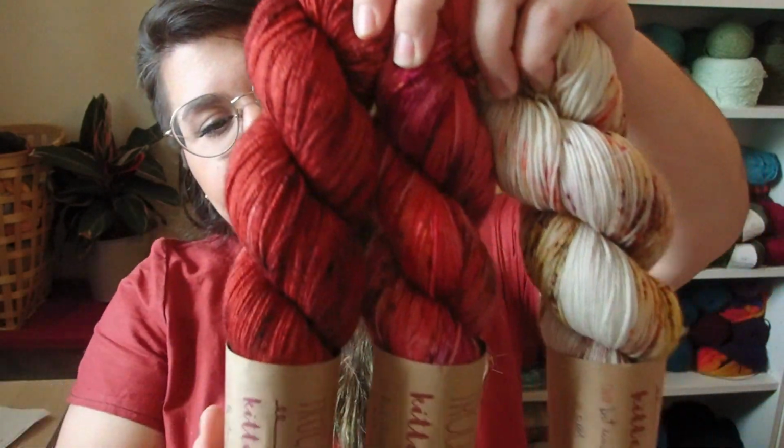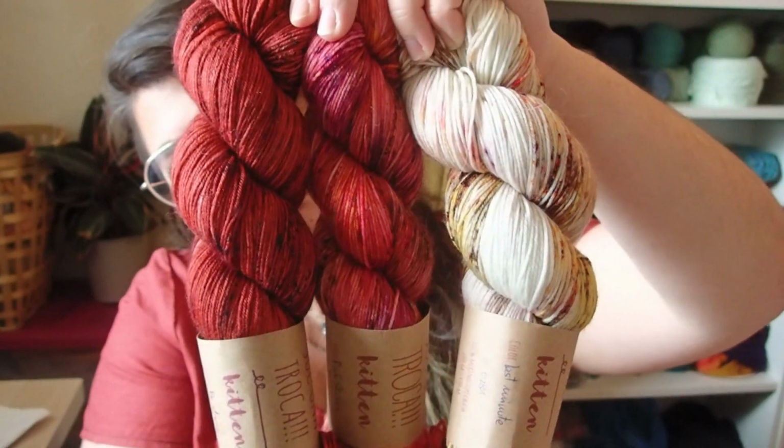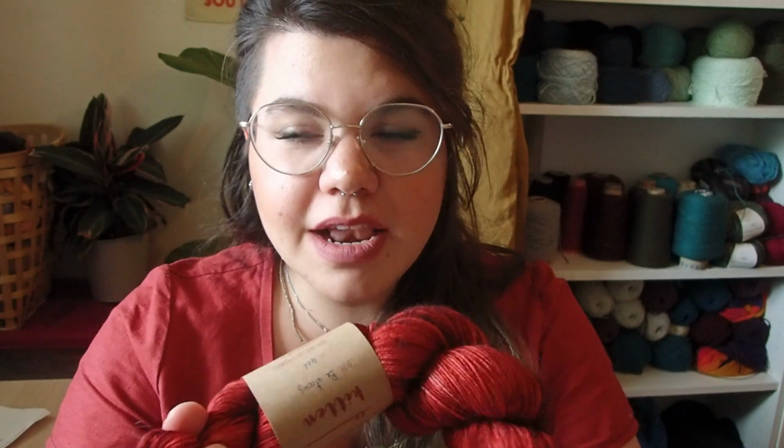So one of my favorite dyers, Sokuna TROCA. I don't know if I say her name right, but that's how I read it, so it's fine. It's a Spanish brand, a Catalonian brand. This is what I got from her. The first time I met her was at the Barcelona Knits Festival. She had a booth, and although in Barcelona Knits there were so many booths and it was so overwhelmingly beautiful everywhere, when I went to her booth,